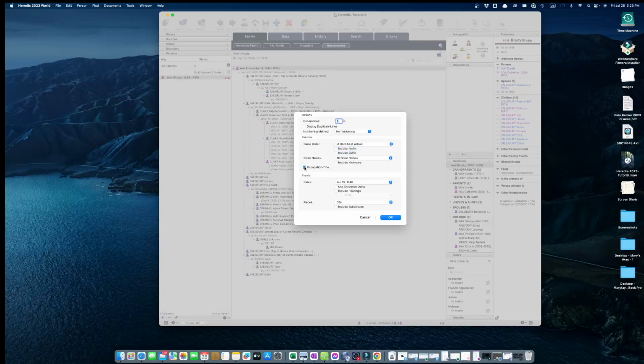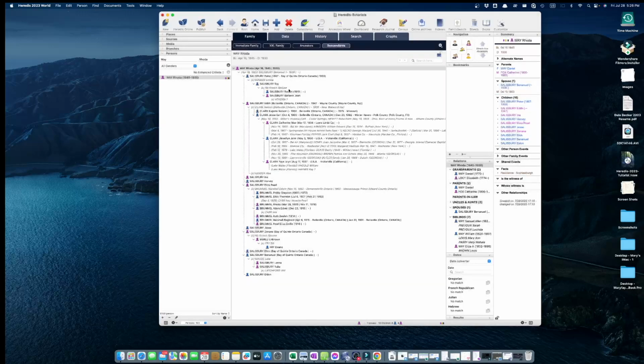You can include their occupation or title. You can choose how the date is displayed, and the places. You have a number of options for the places. I prefer city, county, state, province, country, and subdivision, because through census records we can determine their address or township or such, and that will add that additional information into this nice little report. And that is the family tab